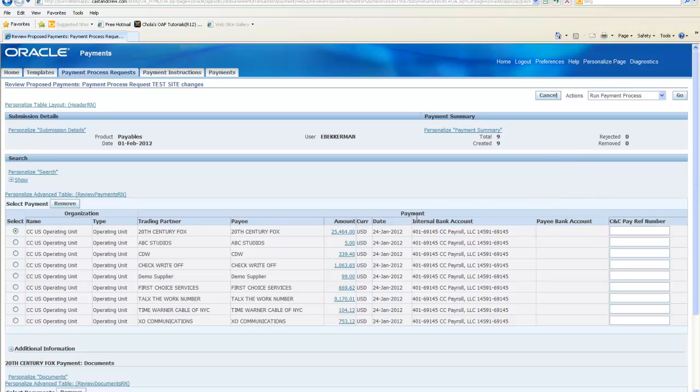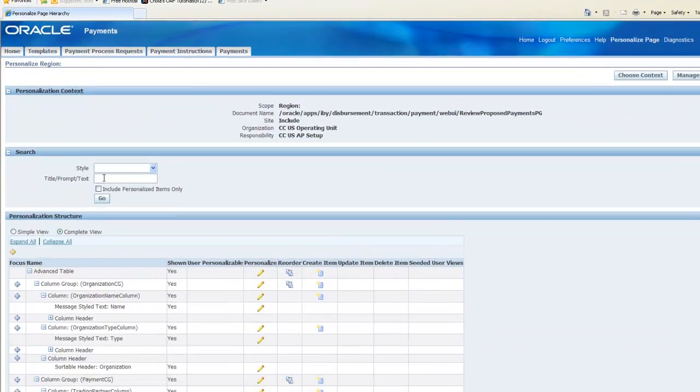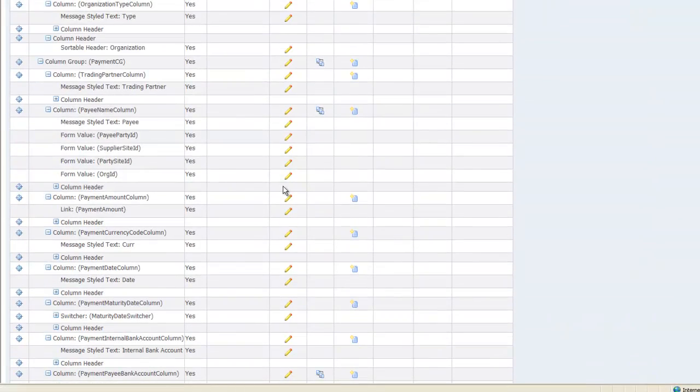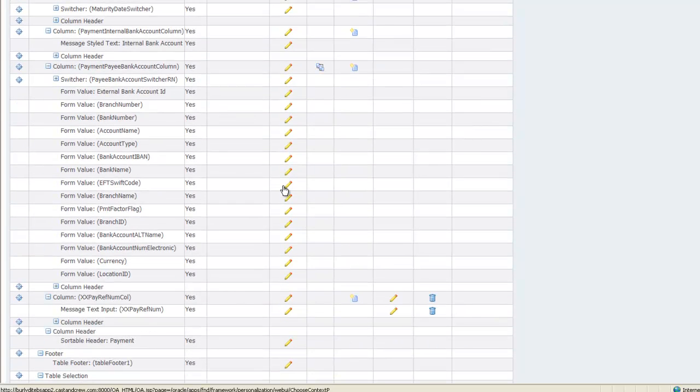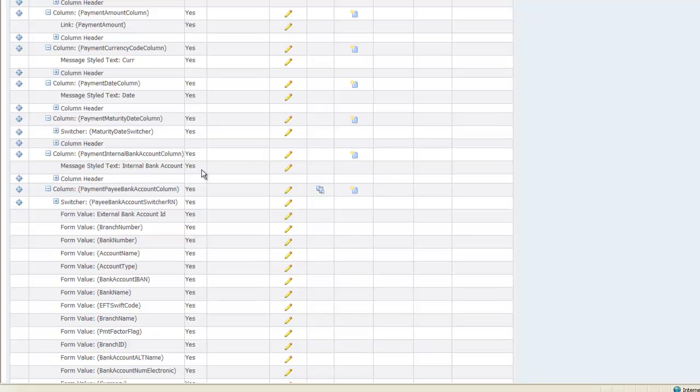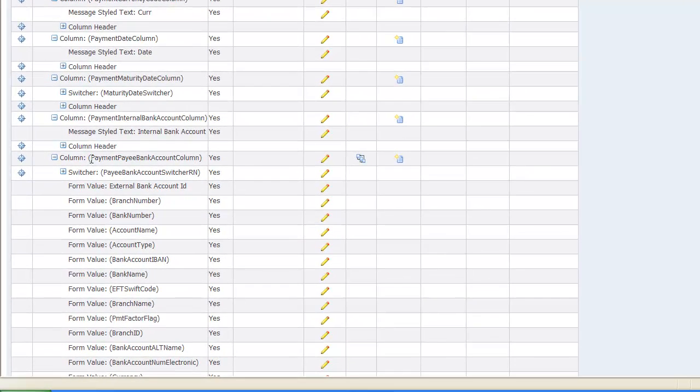Now again, we are concerned about this region. So let's click on the link for this region. Our field was called pay bank account. So let's search for it. Where is our pay bank account? Okay, so this is the pay bank account column that we are trying to hide on the screen. So for that, we need to go to the personalize,